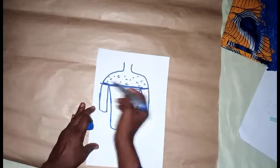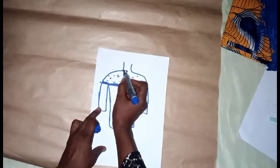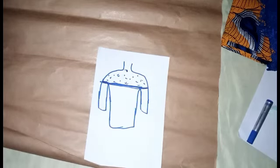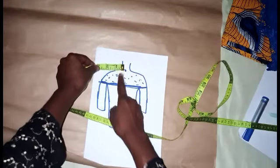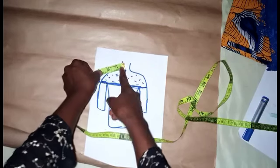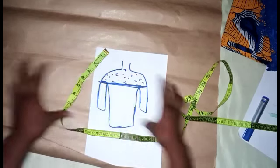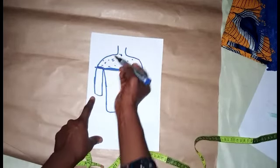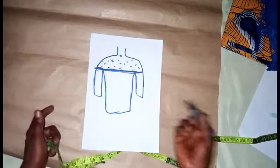Now, to know the width of the fabric you will cut, measure from the center back, that is, place your tape to where you have your armhole. Okay, that is, you measure, because that is where the sleeve of the yoke will get to. Just place your tape at the midpoint of the person's back or at your back, and you measure like so to where you want the sleeve to get to. So this will be the width of the fabric you will cut. So you would also add allowance by the time you measure it. If you got up to, let's say 15, you cut up to 16 on your fabric,